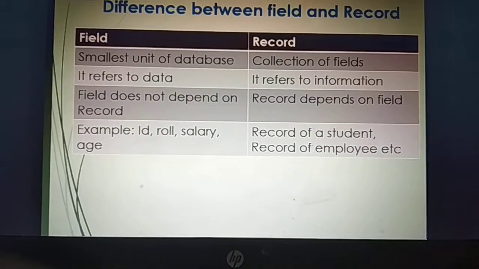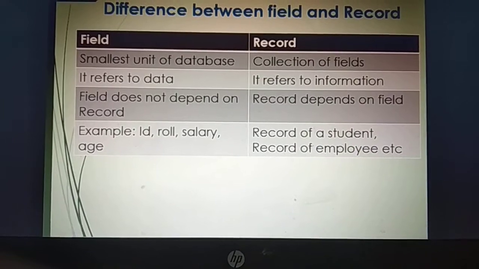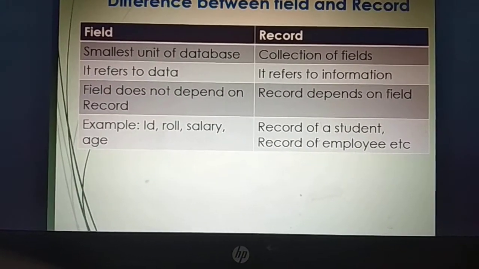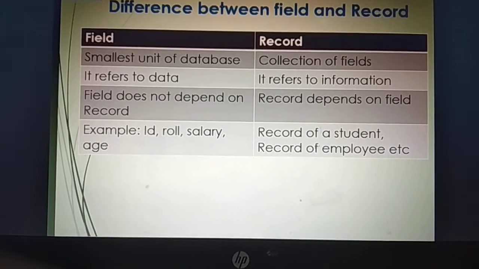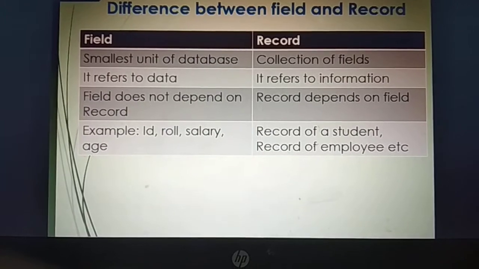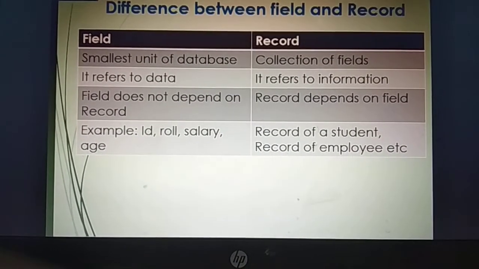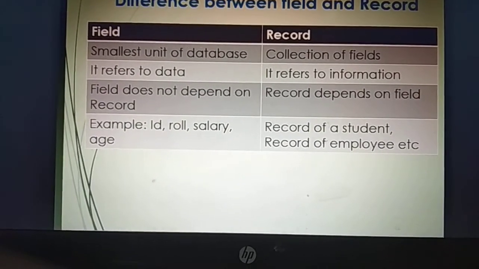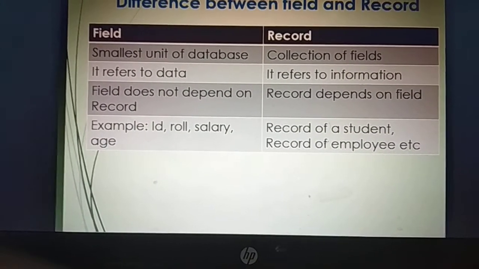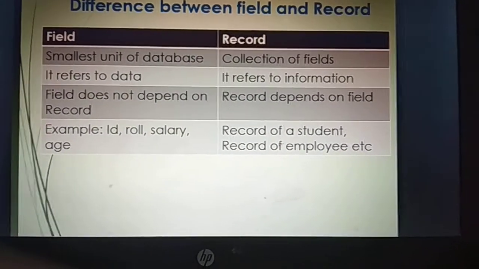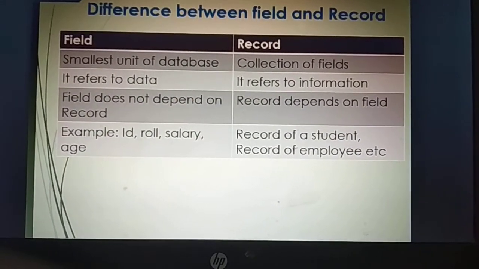When we collect the fields in an organized way, then we have specific information about an object. As a record consists of all the fields of the object for which we are collecting data, we can say a record refers to information. A field does not depend on a record, and a record must depend on fields.